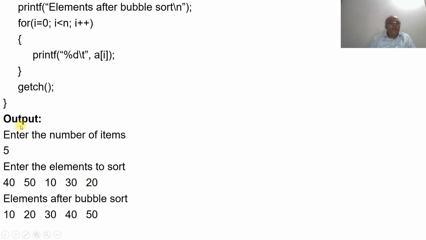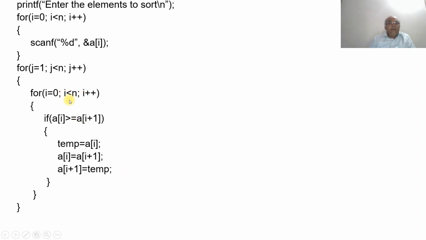So like this the process is repeated. Then it will come to the next position, that means it will increment by 1. i is 4 plus 1, becomes 5. Is 5 less than 5? No. So it will come out of the loop. Then go to j equals 1. j is less than n, n is equal to 5. j plus plus. So then j will become 2. Is 2 less than 5? Yes. Then it enters into the loop.